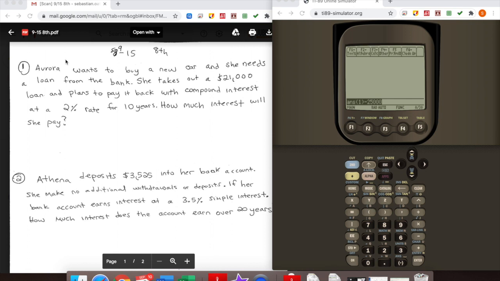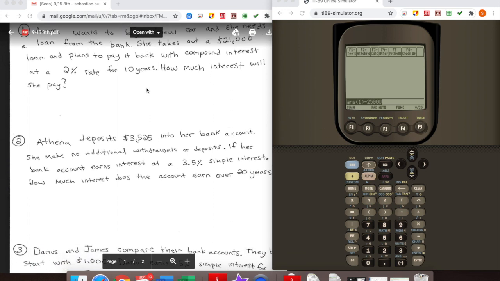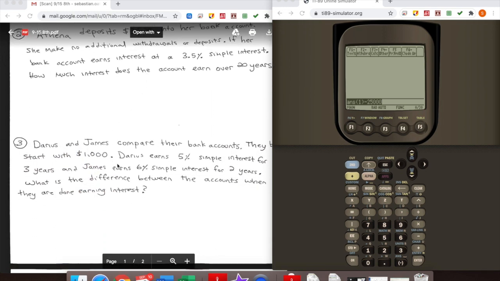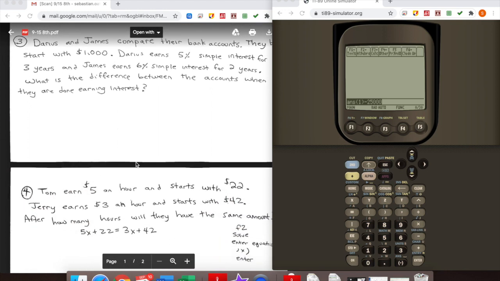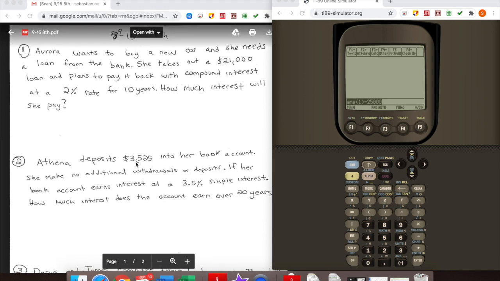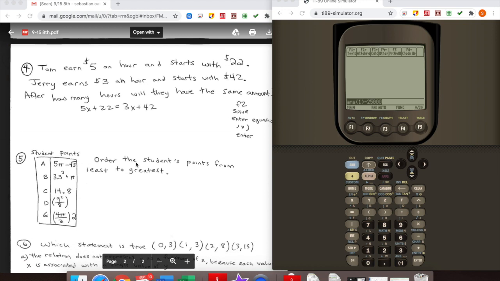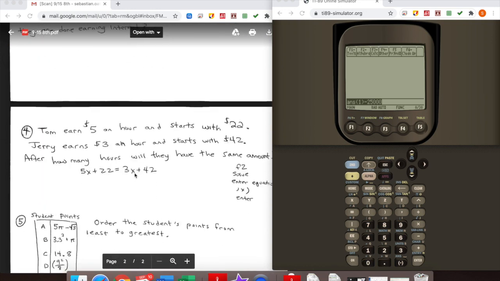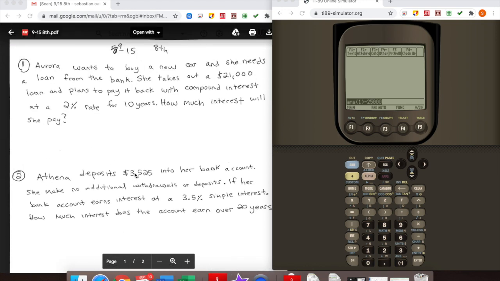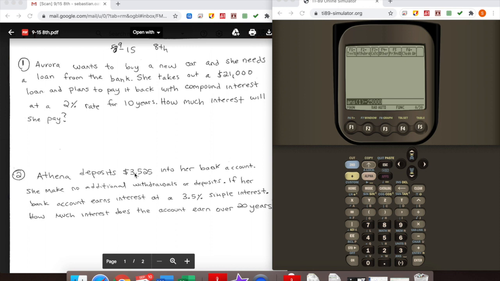The work for September 15th for 8th grade. So once again, just like yesterday, we're going to be working on simple and compound interest. You're going to answer question 3 by yourself, so I can check if you've mastered that skill. And then you're going to do 4, 5, and 6, which are going to help spiral in some of these activities that we're doing earlier in the year,